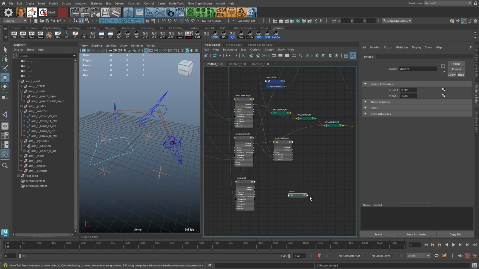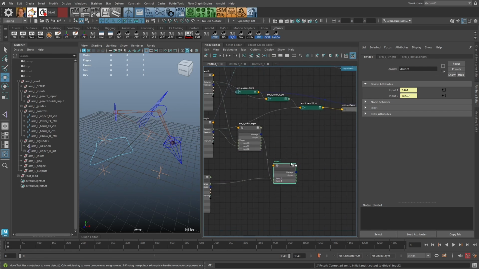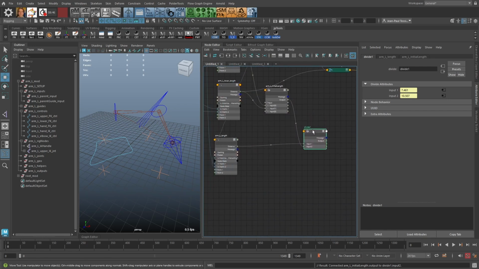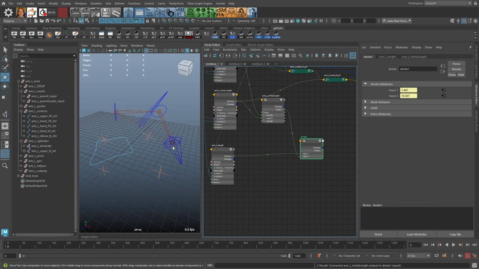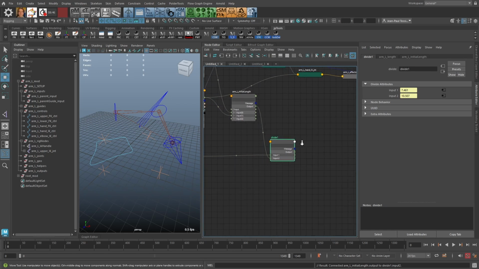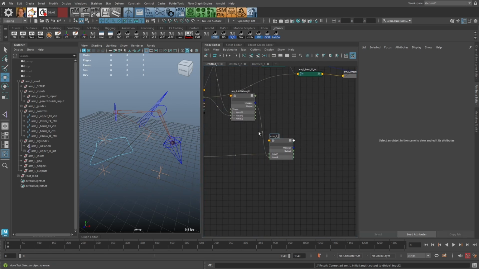So divide node, we divide the current length with the initial length, and then we don't want to shorten the arms when the current length is shorter, so we want to clamp the value, because if the current length is the same as the initial length, this output will be 1. If it's shorter, it will be less than 1. If it's longer, it will be more than 1. So we don't want it to go below 1. I call this left length